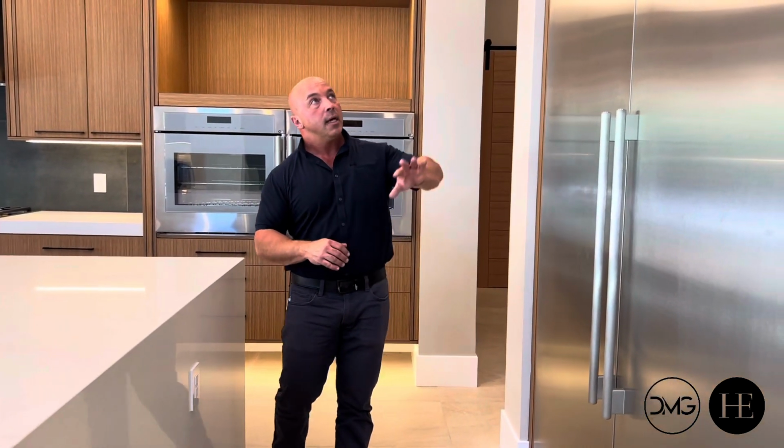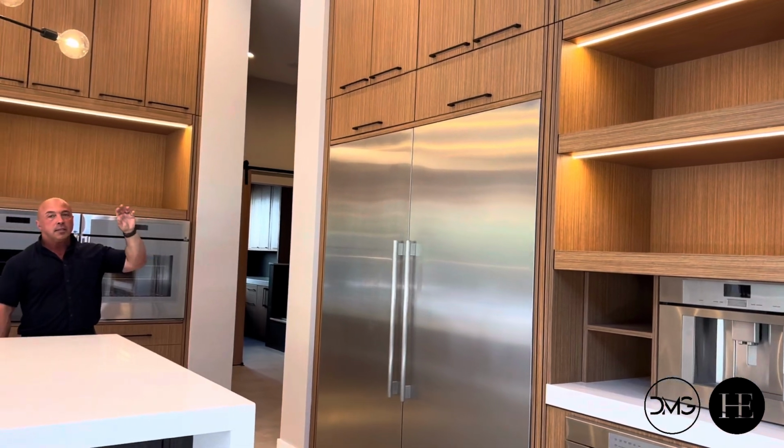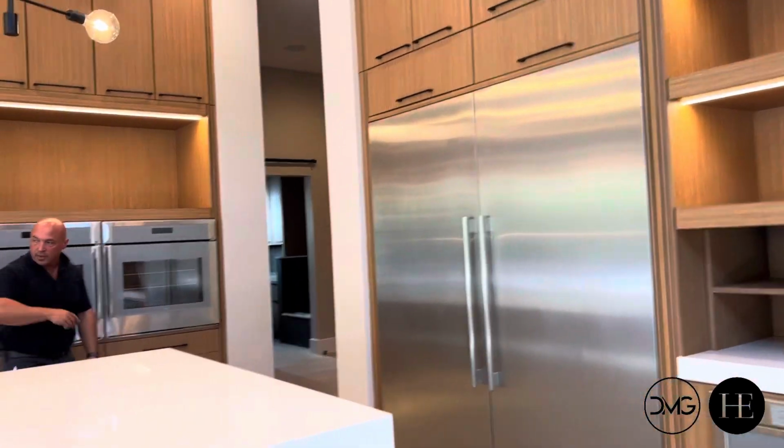so they've got all their appliances in. Again, look up here, Aaron. We've got tons of storage along the top. So this is really nice for those things. Maybe you've got holiday dishes, that type of stuff that you don't use all the time. You want to keep out of the way. This is the perfect place for it. And then if you come around this side, Aaron,